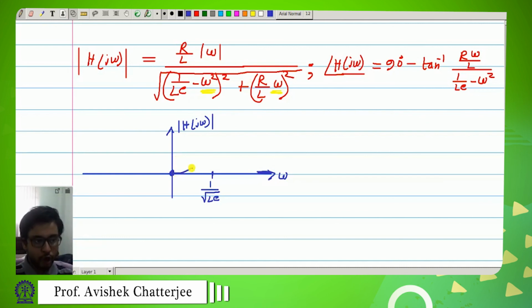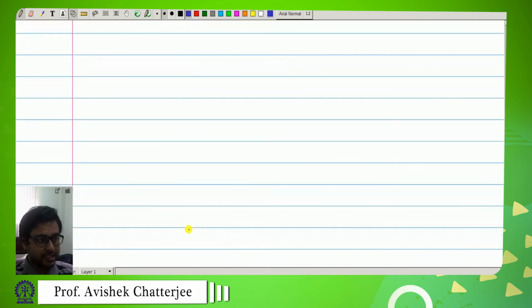So the plot will be somewhat like this, and since this must be symmetric, it will be like this. So this is a band pass filter. I will leave it as a homework to plot the phase response yourself approximately. So this is a band pass filter. Next